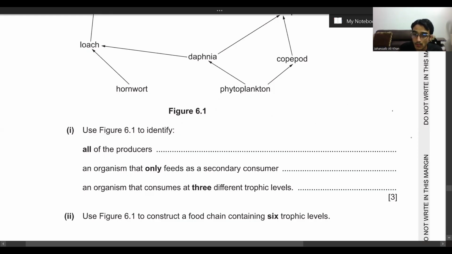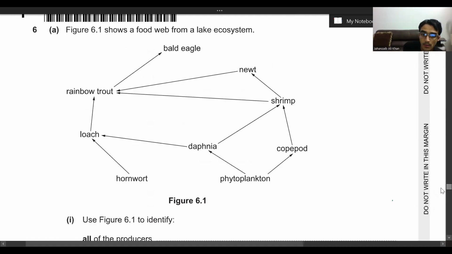For the producers, if you look at this food web, you're going to see that the phytoplankton and the hornwort aren't feeding on anyone. They're being fed on by primary consumers such as loach, the daphnia, the copepods, and these primary consumers